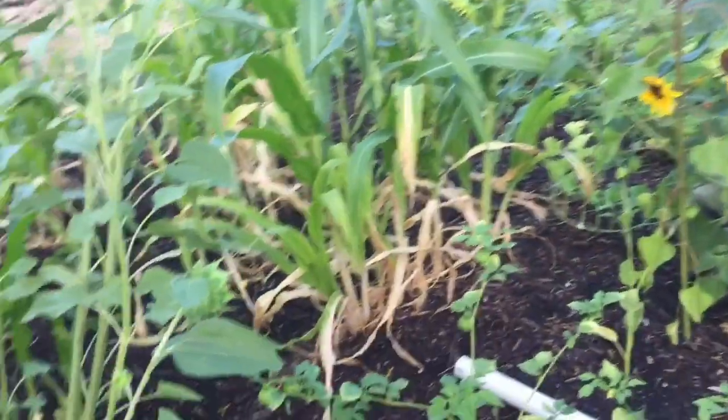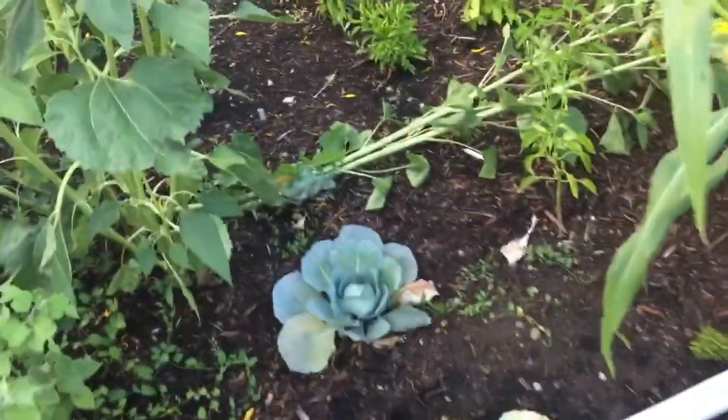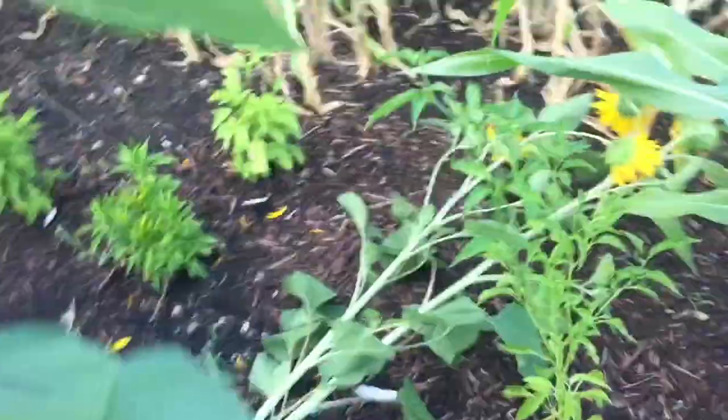There's about 21 here now. And this poor little one over here at this giant sunflower, smash it. Well,